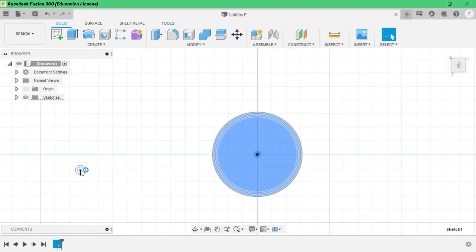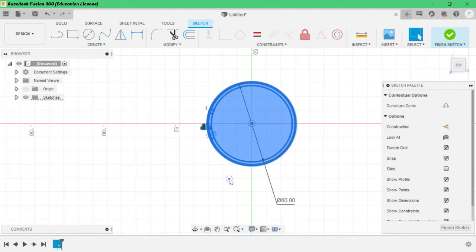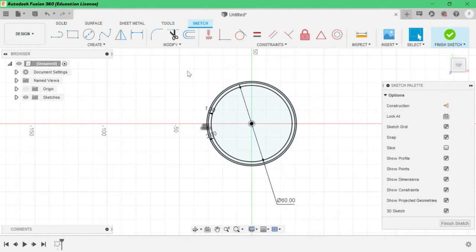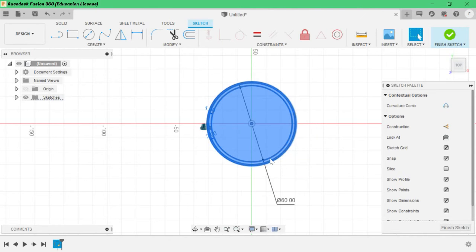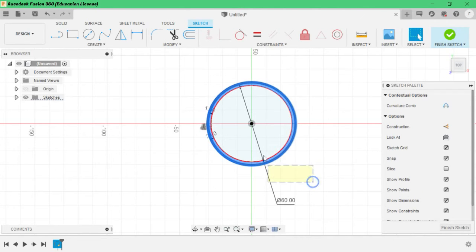So you have to be in edit sketch. Again you are in the sketch plane, select circle. See, selection also works from left top to right bottom. This is the whole selection. See how I am selecting. Now we can't select like this. You have to select the whole thing. If you want to select the outer rings, you can select from right bottom to left top. Left click and go like this. See how I am selecting the outer rings, like that. This is the easiest way.